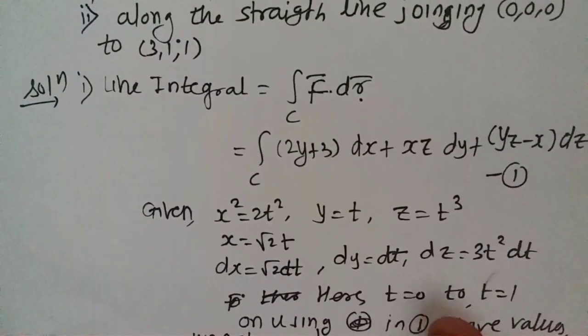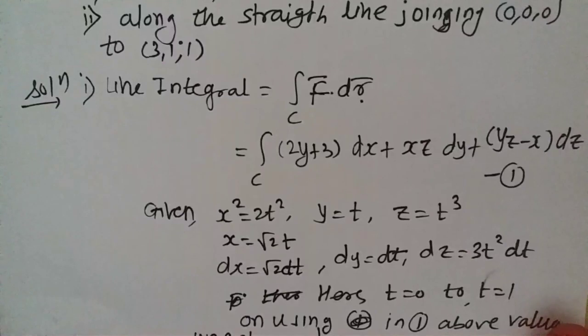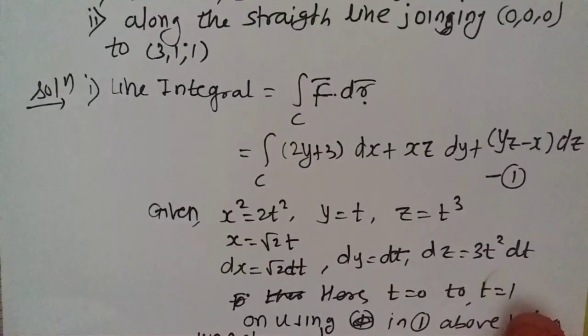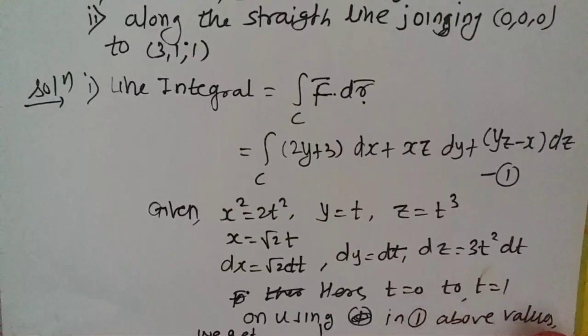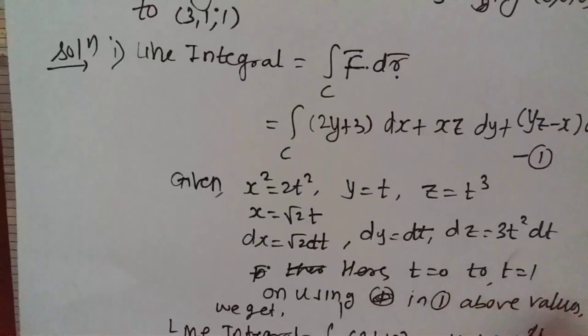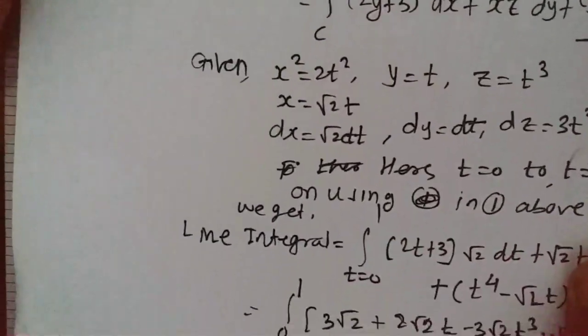Here t is varying from 0 to 1. So these are nothing but the limits of t. Okay, now on using all this data in equation 1, we'll get the line integral equals to,